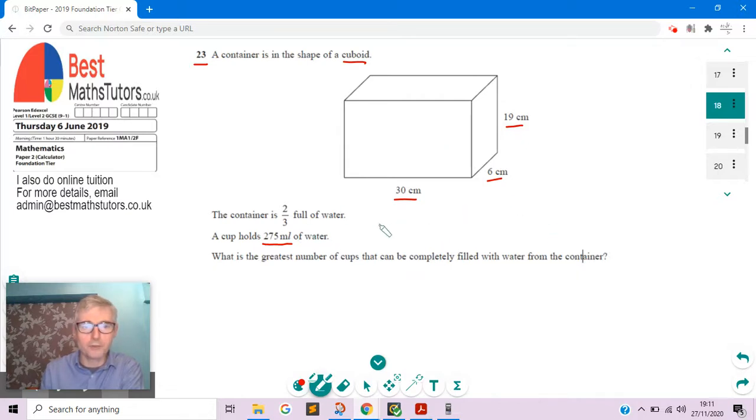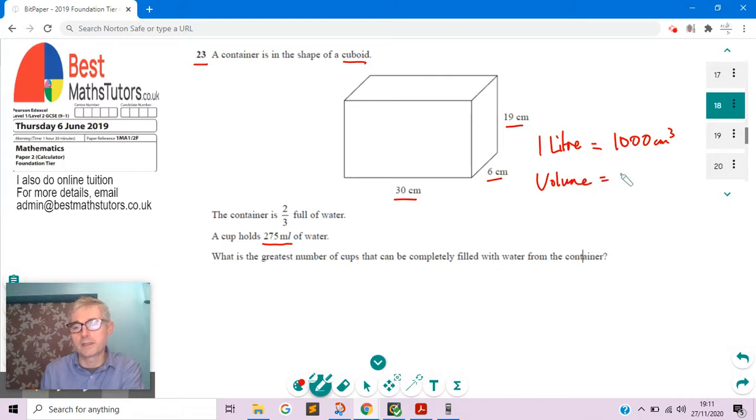So there's a couple of things that we do actually need to know for this question. One is the conversion between litres and centimetres cubed. So we need to know that 1 litre is actually equal to 1,000 centimetres cubed. So the first thing I'm going to do is work out what's the volume of this cuboid, and the volume of a cuboid